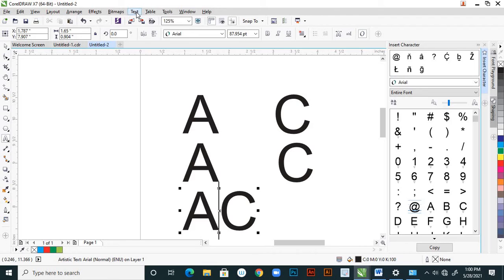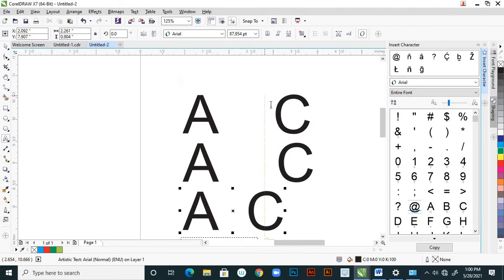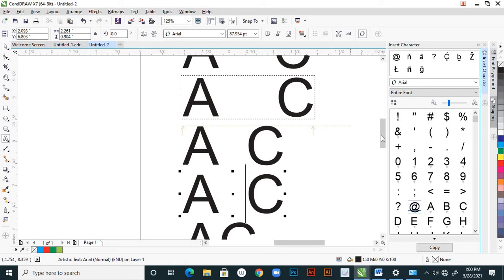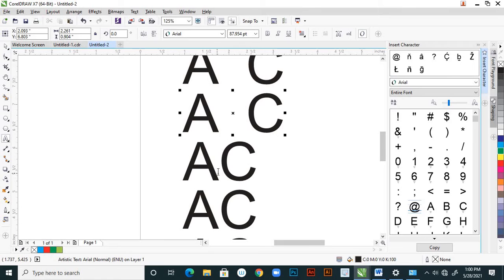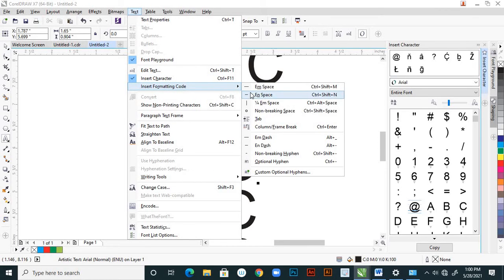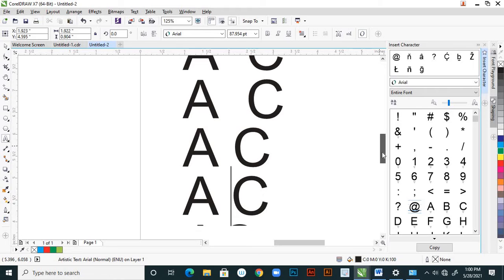Below one is the text, again insert formatting code and EN space. So this is also half of that. So here 2 space bars. Space is equal to EN space. Suppose on space bar I am giving 1 2, right? It's very simple to understand. Yeah, sometimes we use all these things because manually also you can do all these things. And here a 1/4 EM space. Suppose see here the 1/4. So it is equal to 1 space bar.